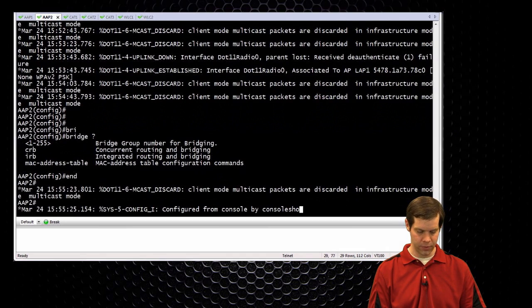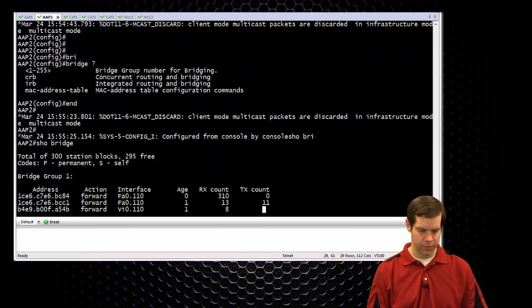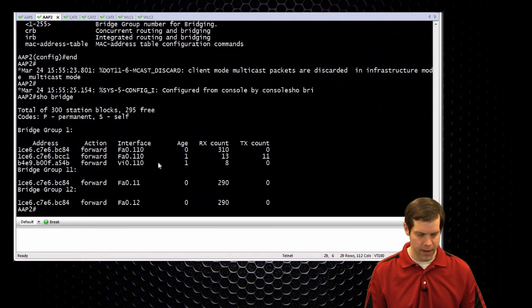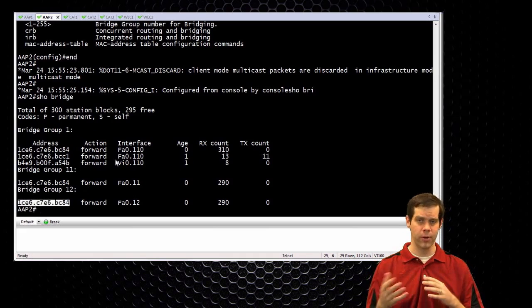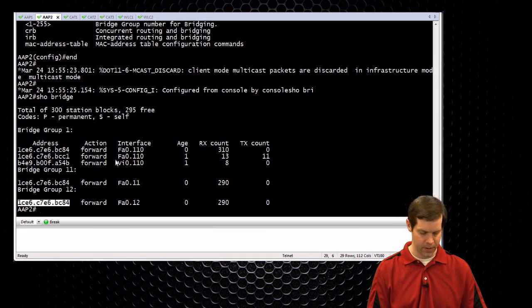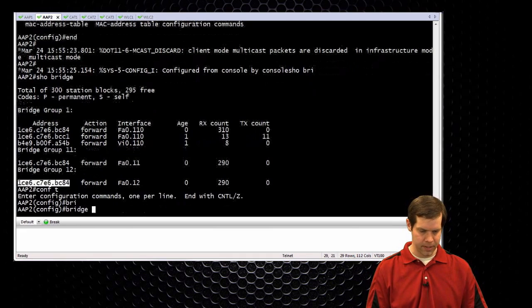So if you're not sure, you could always do a show bridge and just see where it is right now. Is it under bridge group 1? No. Here's bridge group 12, is it under bridge group 12? Yep, there it is. So that's one way to figure out what bridge group it's on, or if you just know your bridge group to VLAN mappings, that's fine too. We would just say something like bridge group 12 if it's on VLAN 12,